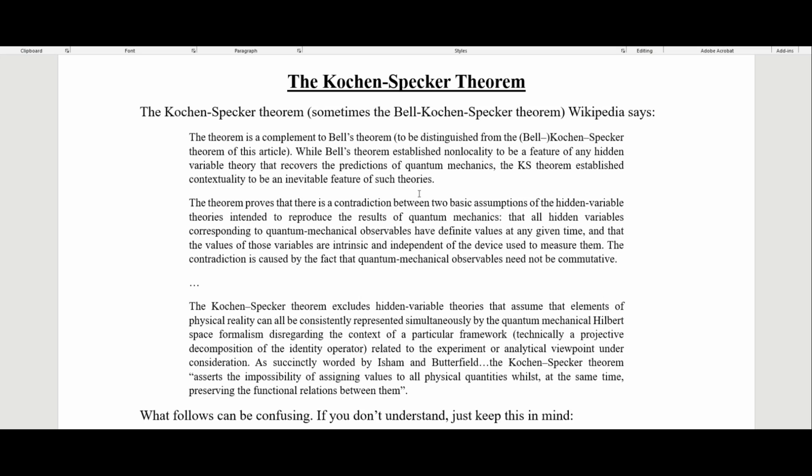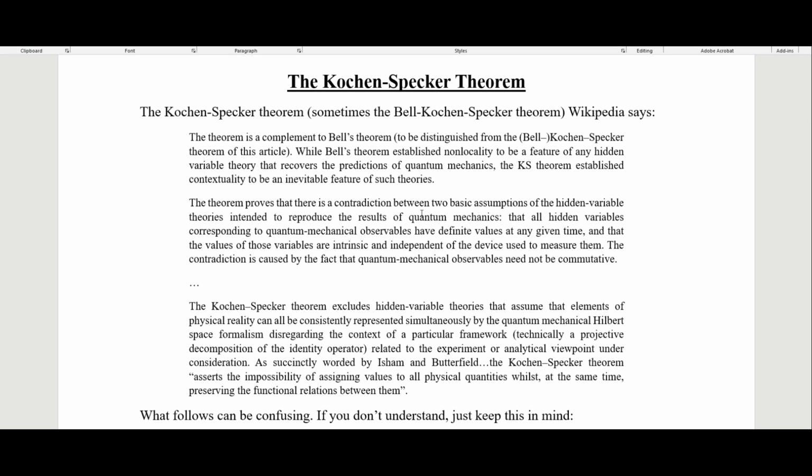And we'll see also when I talk about the pilot wave theory that they also contend that it is non-local. So it's non-local and contextual, and so it satisfies these constraints put on by the Kochen-Specker theorem and the Bell inequality. Right, so the theorem proves that there is a contradiction between two basic assumptions of hidden variable theories intended